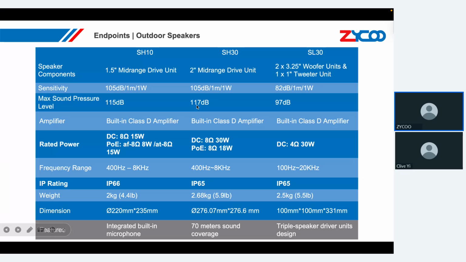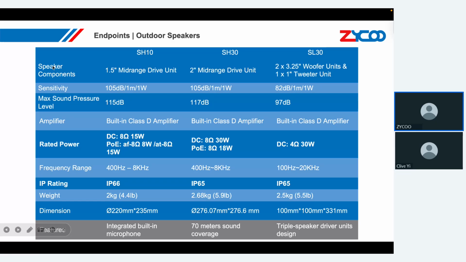So basically it can be louder, to make sure that your message can be delivered clearly to the audience. Compared with this one, you can see SL30 has a lower maximum sound pressure level than SH30. And another difference is